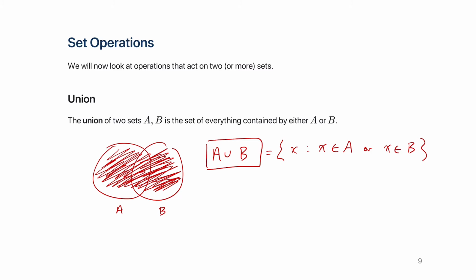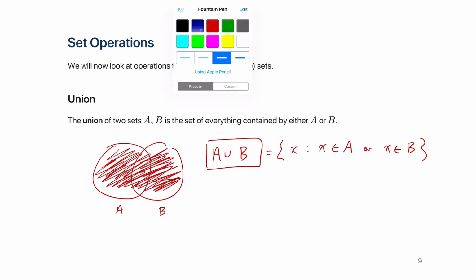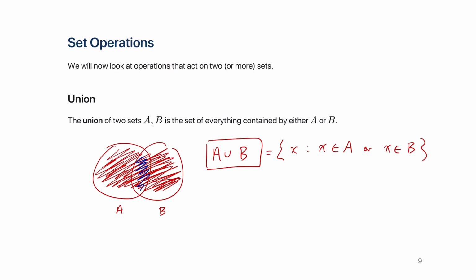Notice, in this case, it's allowed to be in both, right? For example, all of the elements here are in both A and B, but it's still included in the union. The OR you might be thinking of is exclusive OR. Like for example, you go to Subway and you get a combo and they say you can get chips or a cookie. You don't get to have both chips and a cookie. It's chips or a cookie, but not both. And that type of OR is called an exclusive OR. Okay? We don't need to worry too much about that right now today.